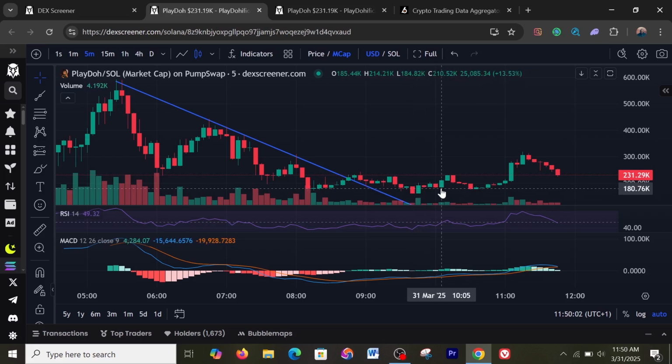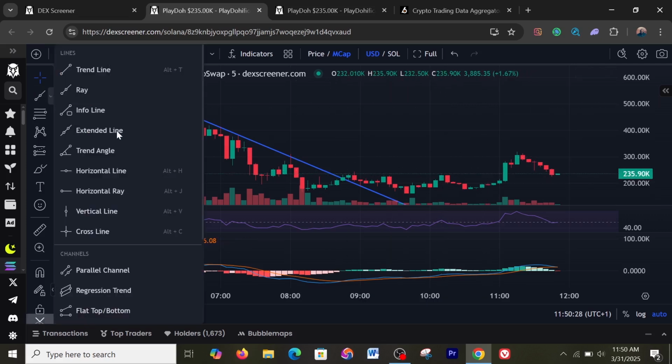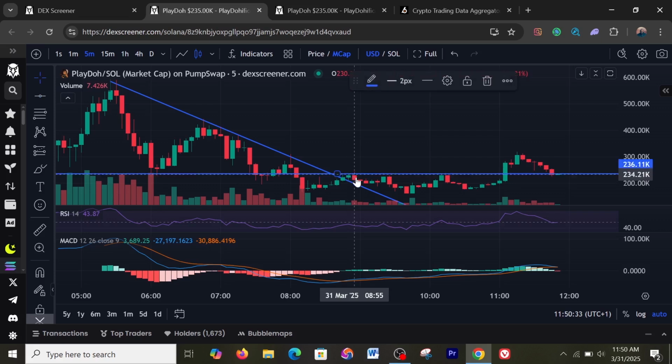So here we could see the RSI around 50. The MACD is showing us a bullish sign. This is an opportunity to get in right here, but it was still not certain because oftentimes you have things like this. So another thing you could do is just to put in a horizontal line like a range,